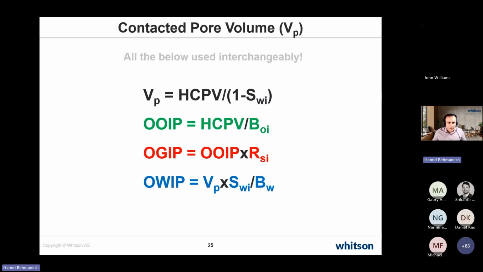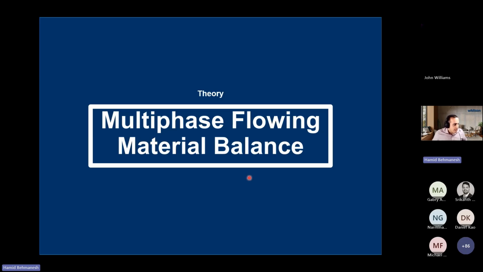So at the end of the day, we end up with the volume of the reservoir, but it can easily be converted to fluid in place using simple formation volume factor, solution gas and oil, and some information about the initial saturation. Do we have any questions so far? I'm sure there have been some questions in the chat box, but if anybody wants to speak up and ask the question,